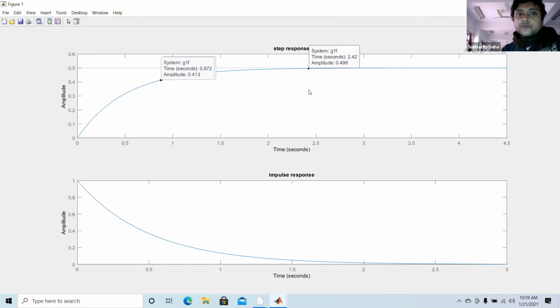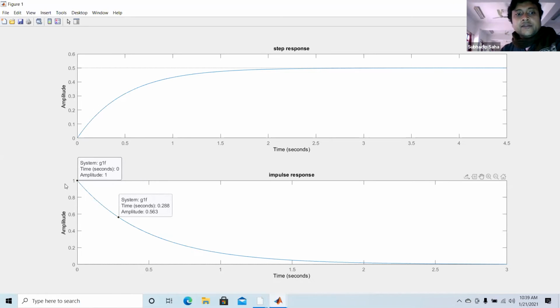So this is the step response. For the impulse response, the initial value is 1, and then it is discharging: from 1 it goes down like this, and after that you will see it reaches 0.